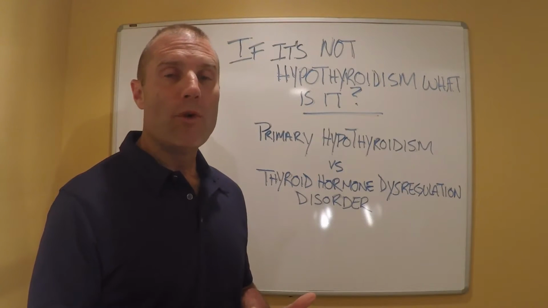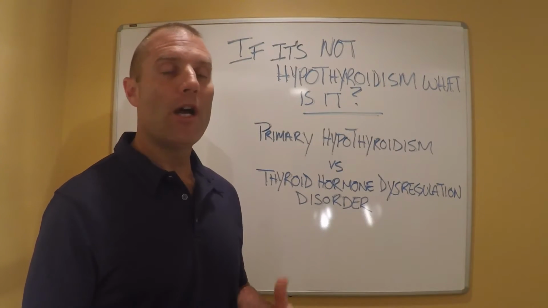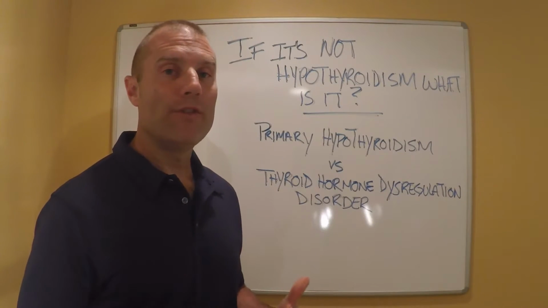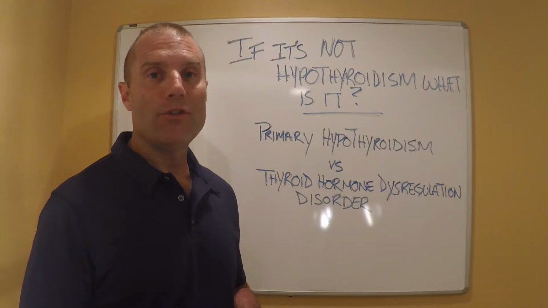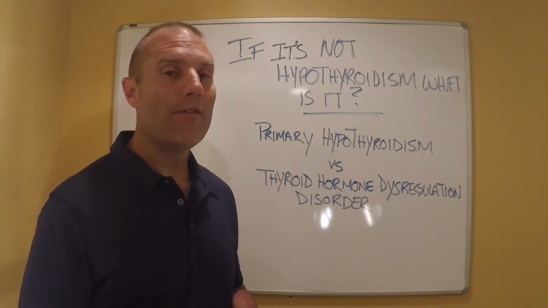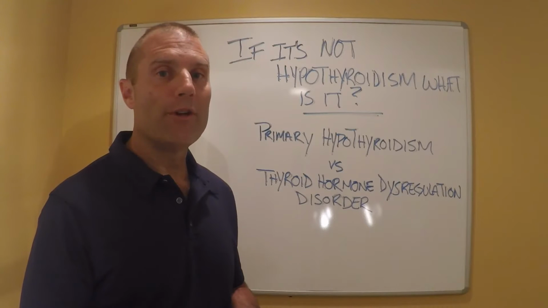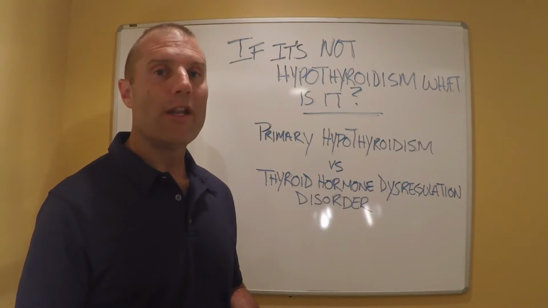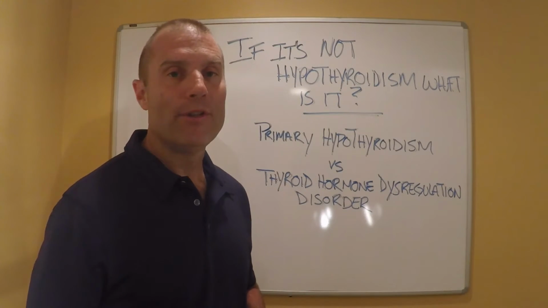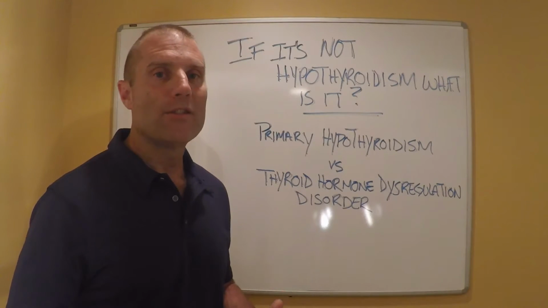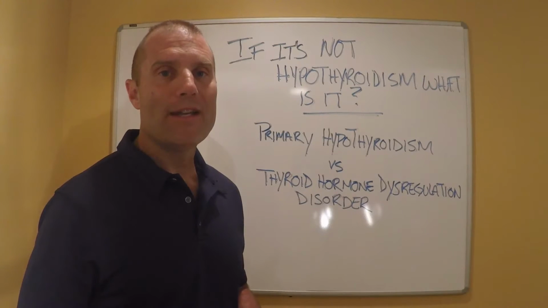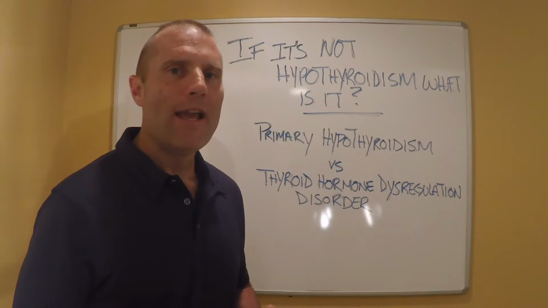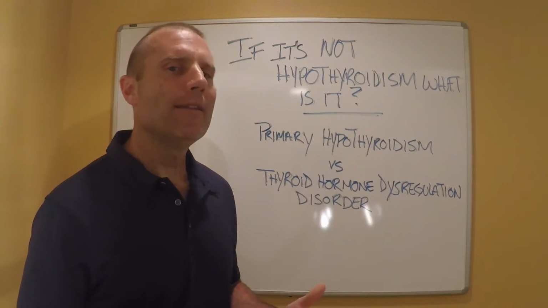Well, if you've watched a couple of the other videos, we talked about other patterns, or other ways that thyroid physiology can break down. You could have hypothyroidism secondary to pituitary hypofunction. You could have thyroid overconversion, thyroid underconversion. You can have elevations of thyroid binding globulin. You could have thyroid resistance. So there are multiple patterns, and you can have more than one of those patterns, and that's kind of hard to remember, and maybe hard to explain to somebody.